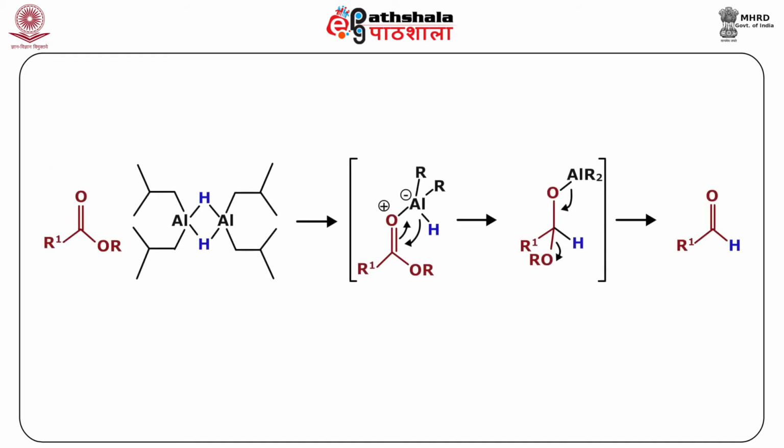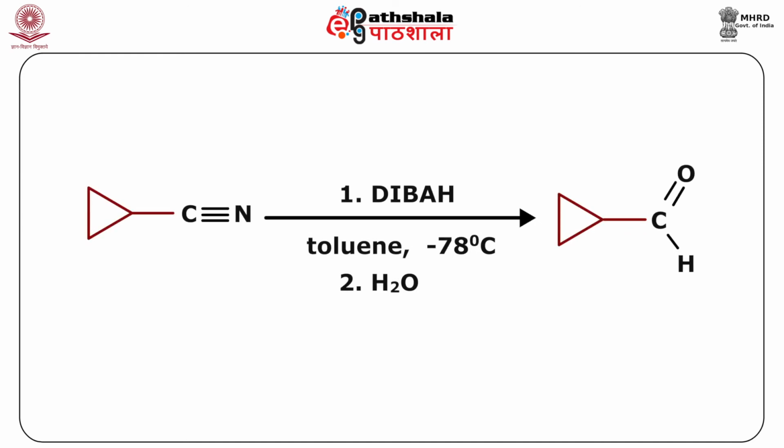The mechanism for this is different because it is a Lewis acid, hence it is required to coordinate with the Lewis base before activating, and this is followed by the hydride which is intramolecularly delivered, as you can see here, and unlike the other metal hydrides, it is an electrophilic reagent. And if you look at another example, this is another nitrile which on reduction with DIBAL-H in the presence of toluene, followed by hydrolysis, will give you this particular aldehyde, and notice that the 3-member cyclopropane ring is not getting destroyed here.